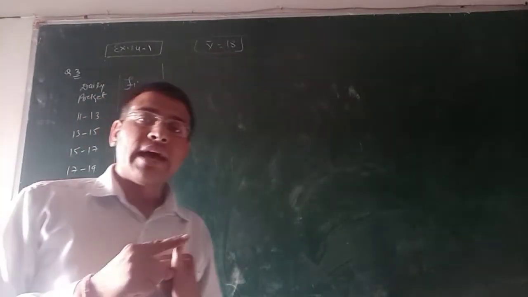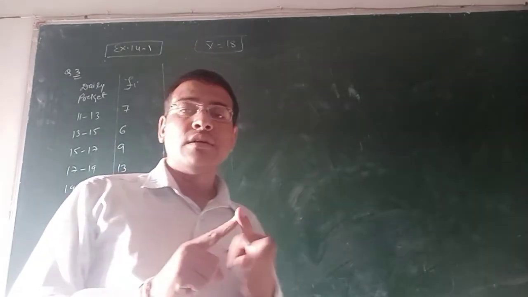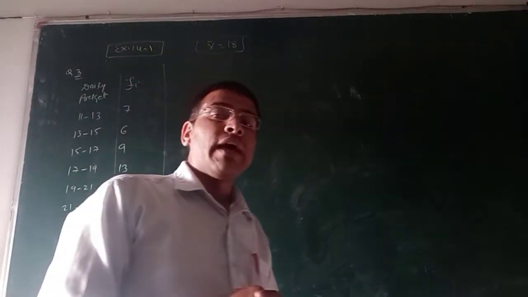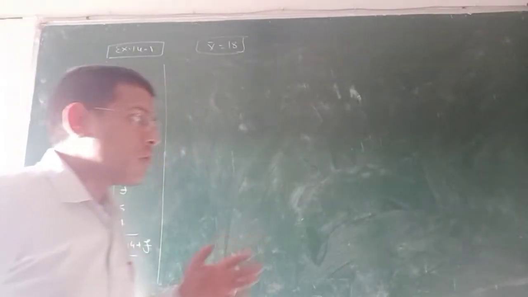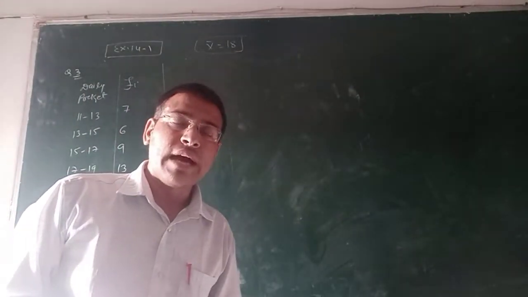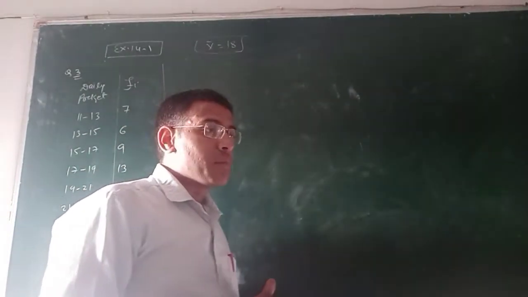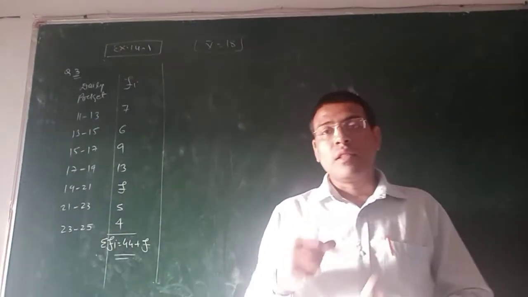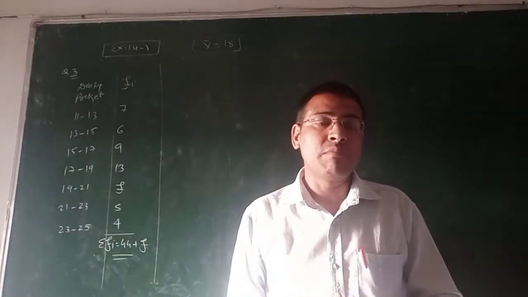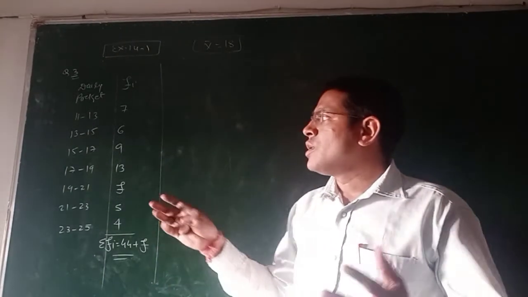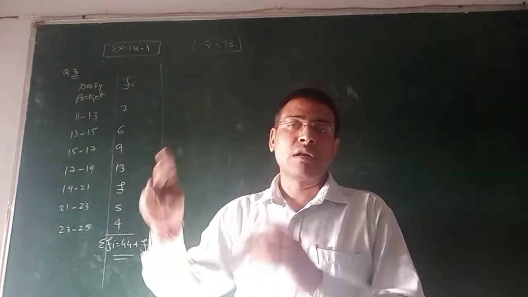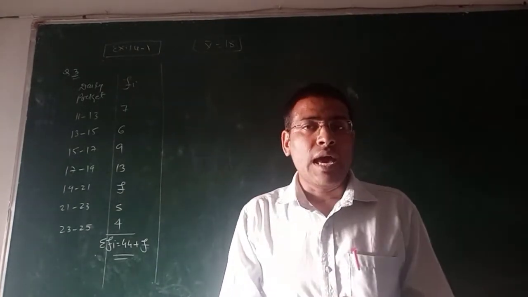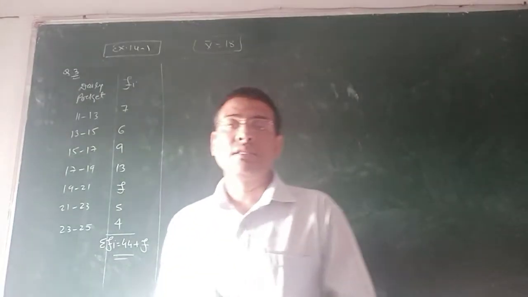First one, the direct method. Second, the deviation method. And the third one, the assumed mean method. We know that the direct method is applicable when your observations are quite small. Later on we have seen the assumed mean method, where you have a big class but the differences of the classes are not fixed. At that time we use the assumed mean method. The third method is the deviation method.